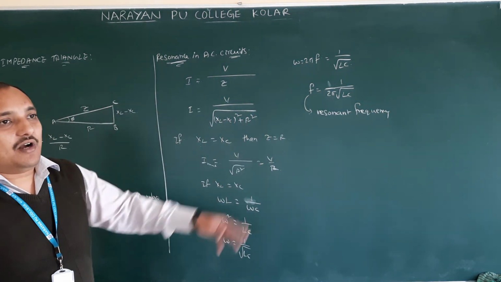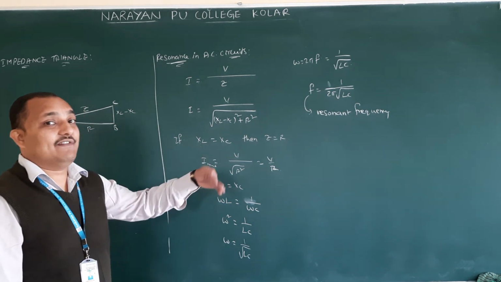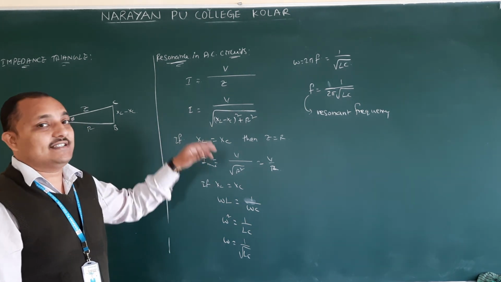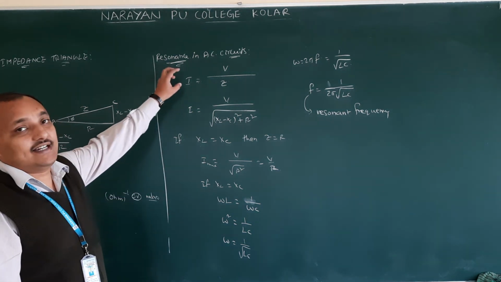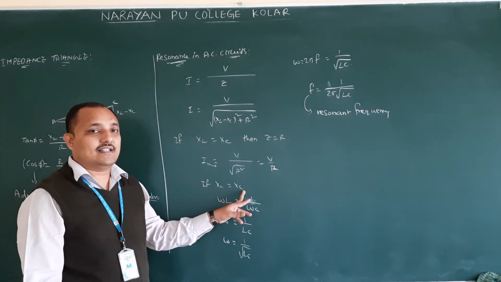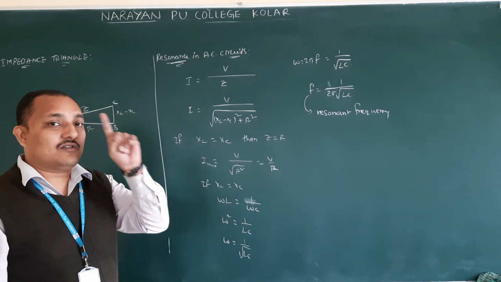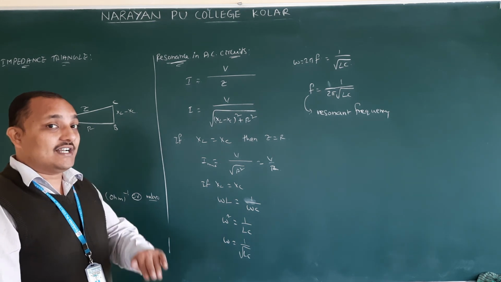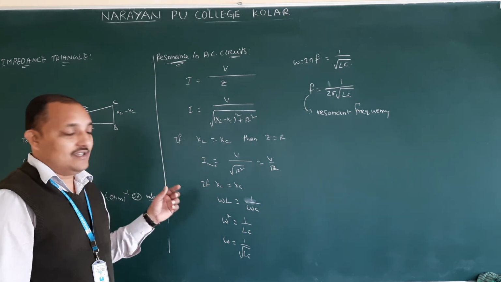The frequency of AC. So who is having this frequency? AC. The frequency of alternating current at which current is going to become maximum in the LCR circuit or in the AC circuit is called resonant frequency. So when resonance is going to occur, the condition for resonance is XL is equal to XC. That is nothing but capacitive reactance is equal to inductive reactance. In one more question, they will ask what is the condition for resonance? What is the condition for getting resonance in alternating current circuits? They will ask at the time.